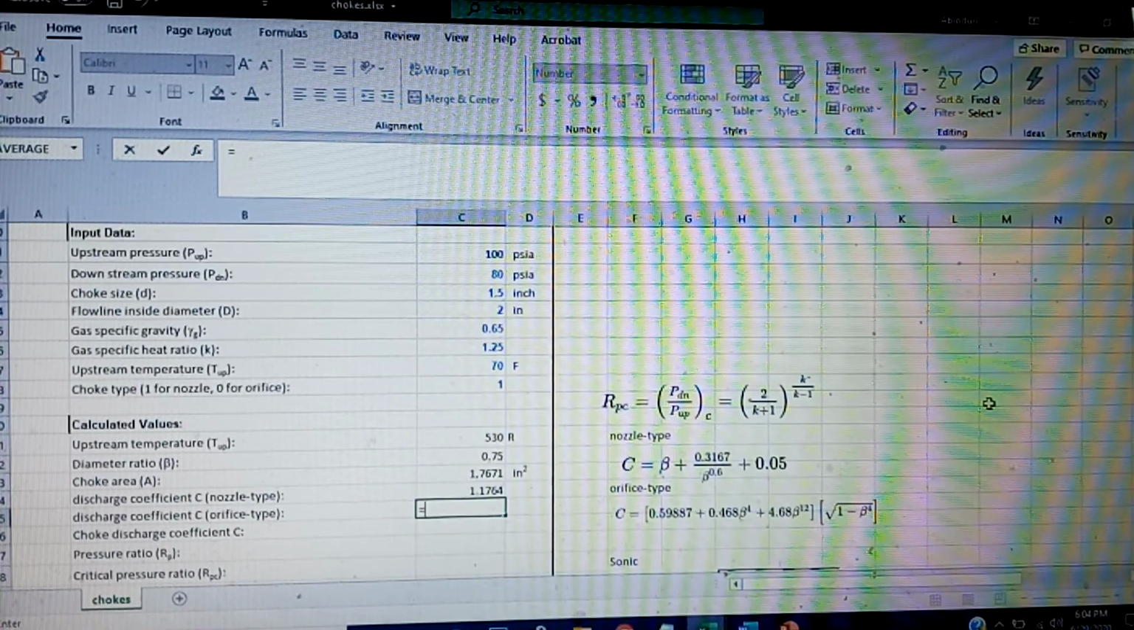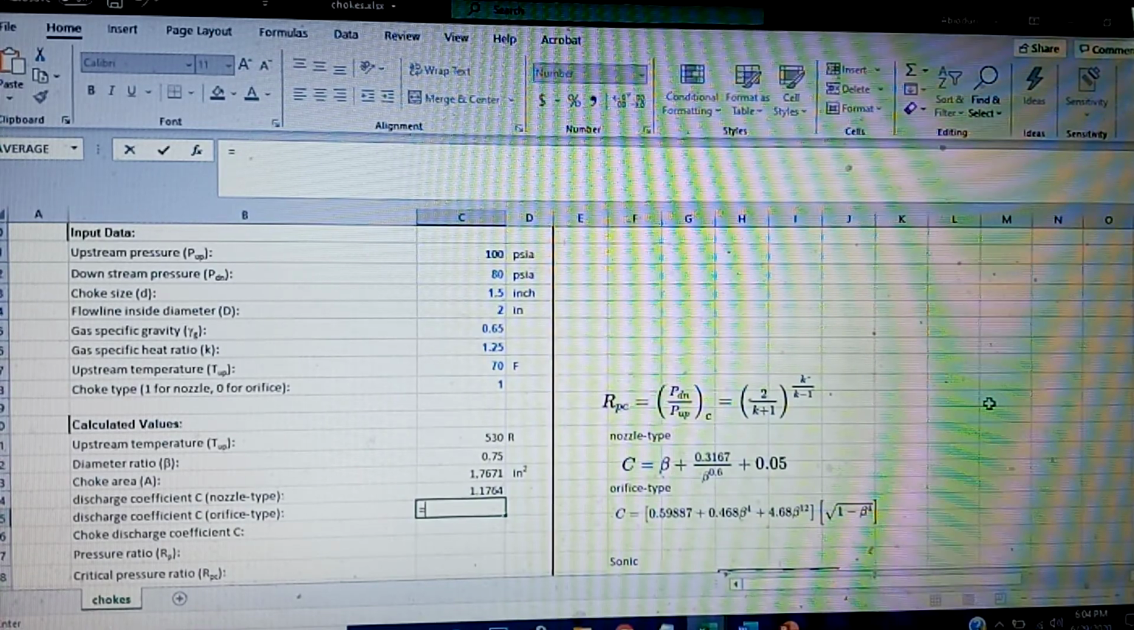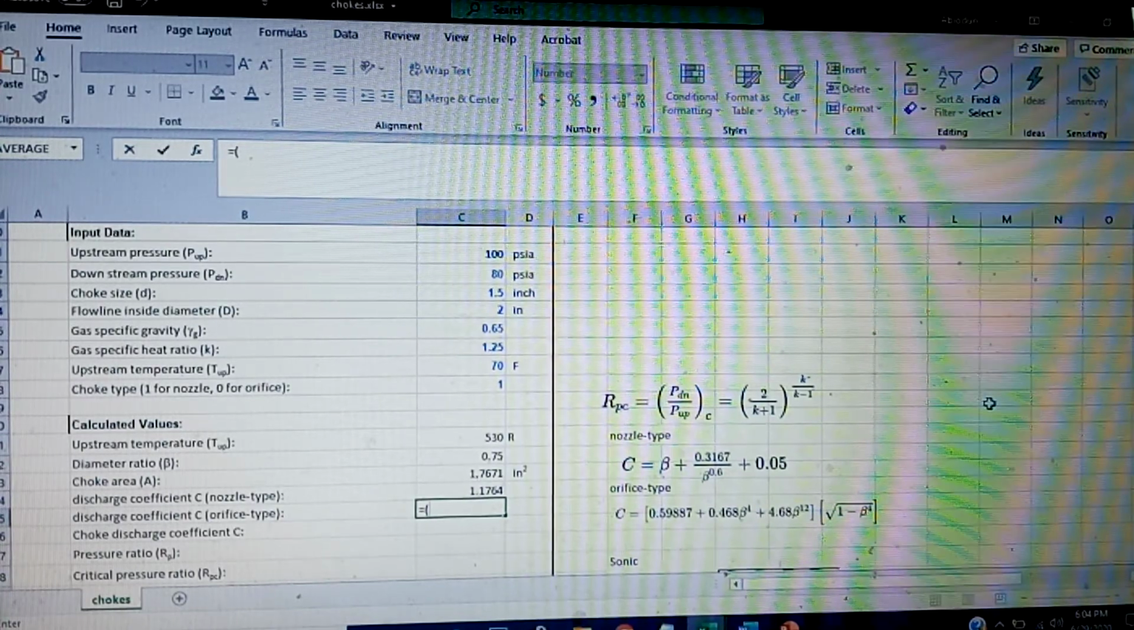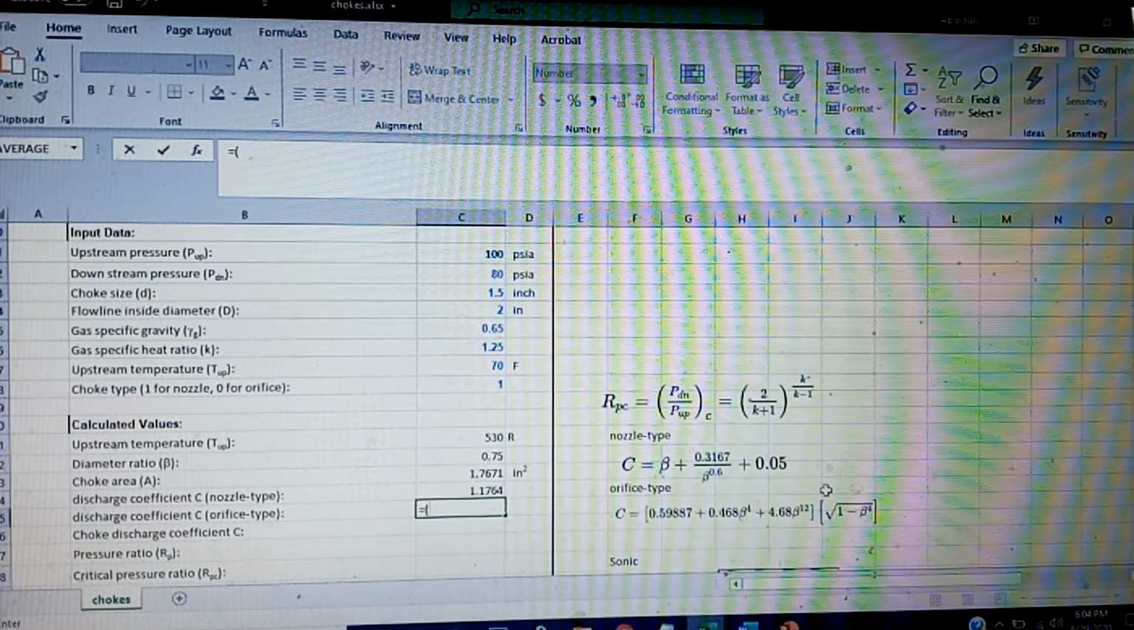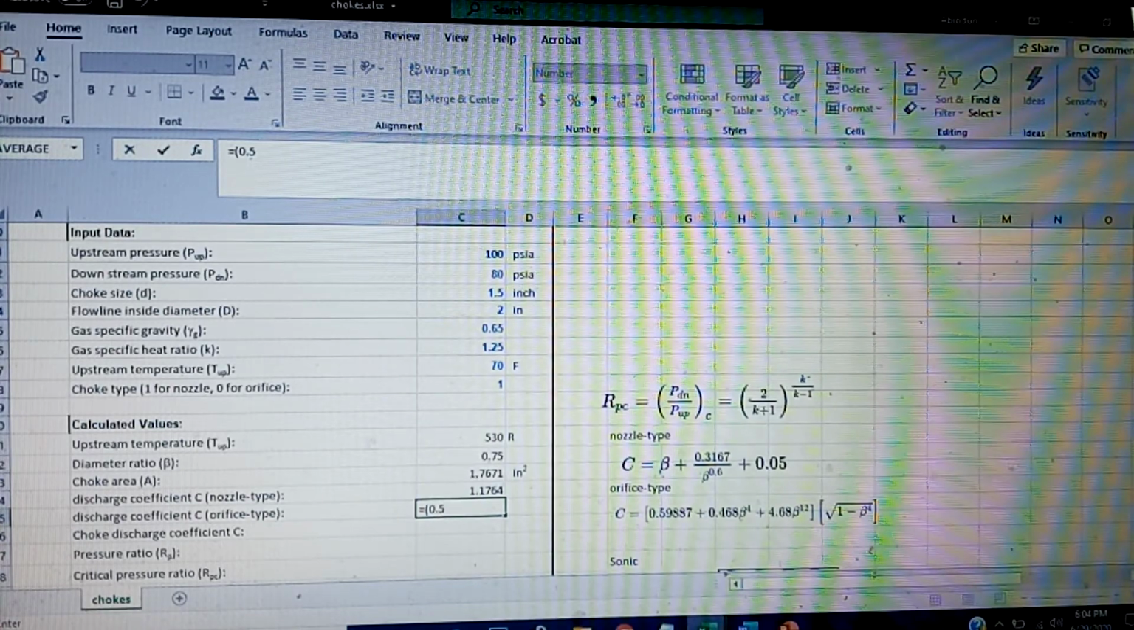Now you have to use the regular bracket. Don't use the square bracket. Excel doesn't recognize that. The regular bracket, that's the one as shift 9. That's the regular bracket. I open it. Then I have 0.59887